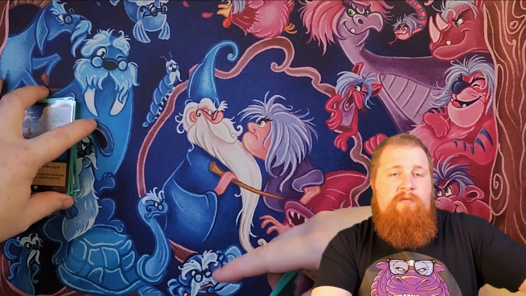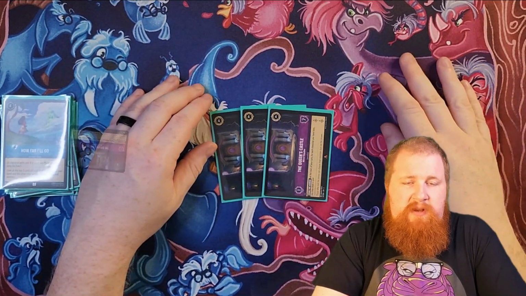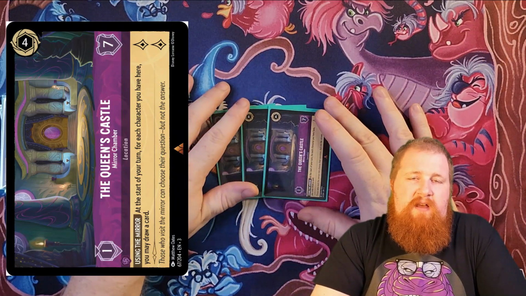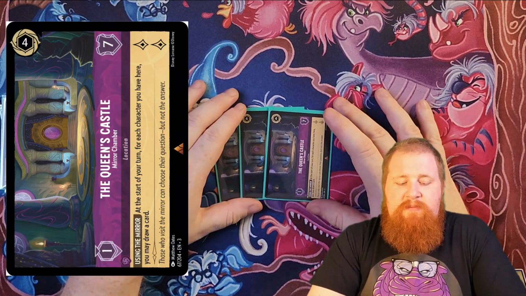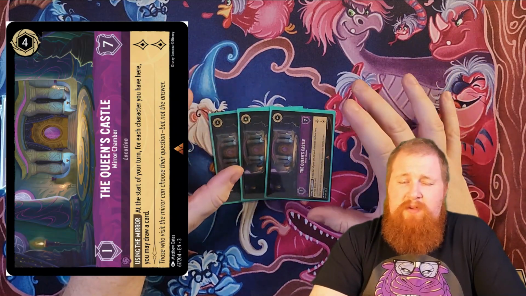Then we do have 2 more 4-drops. Like I said, this deck is very mid-range. We do have 3 Queen's Castle. There's definitely an argument for playing McDuck's Manor in this slot over the Queen's Castle. I think McDuck's Manor is great. It does have 2 more willpower, which makes it a little harder to deal with, but the Queen's Castle at